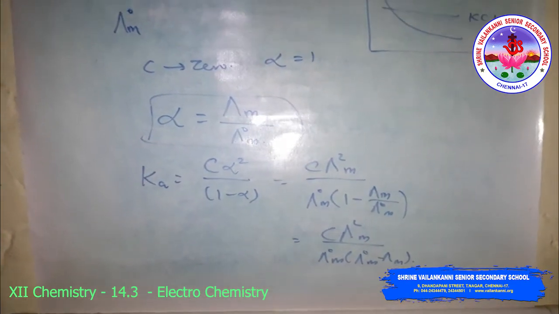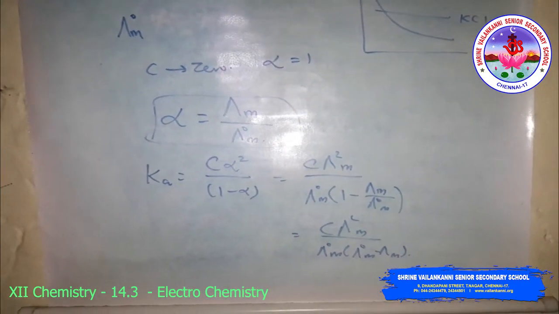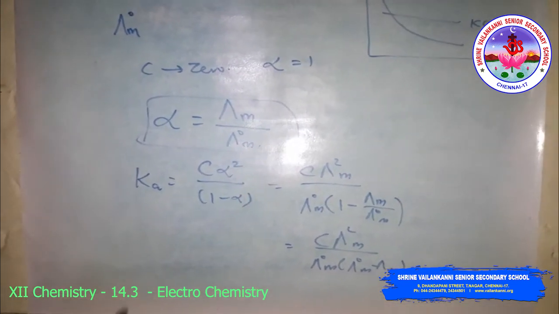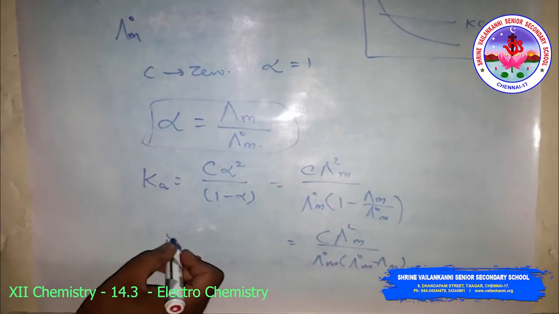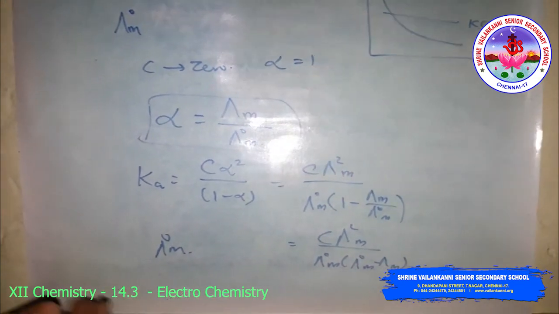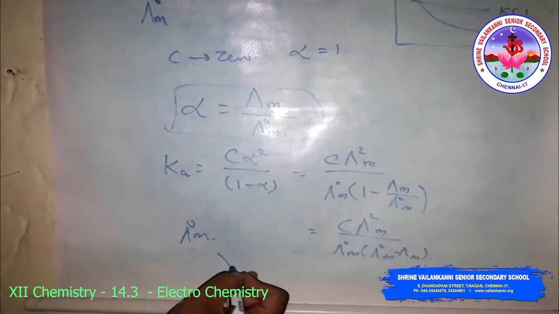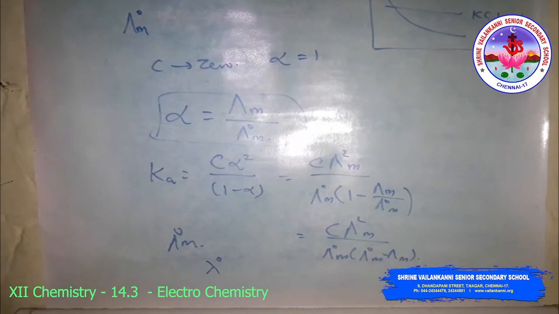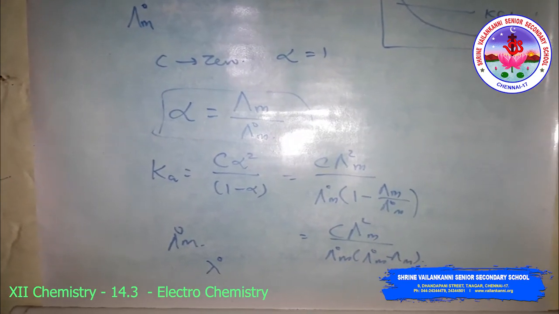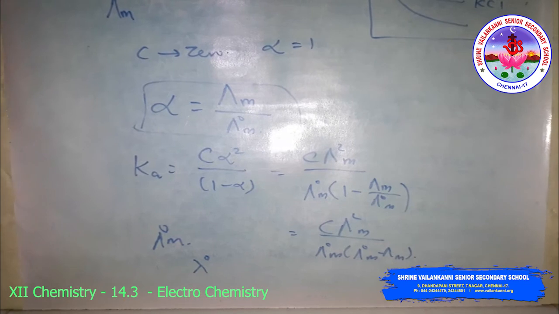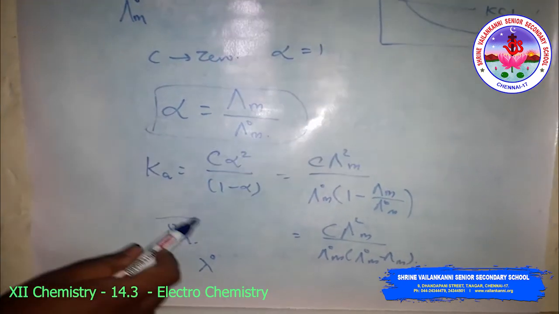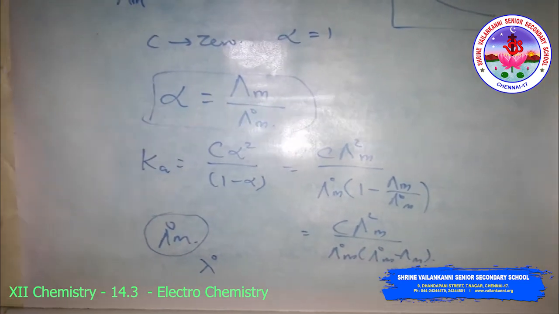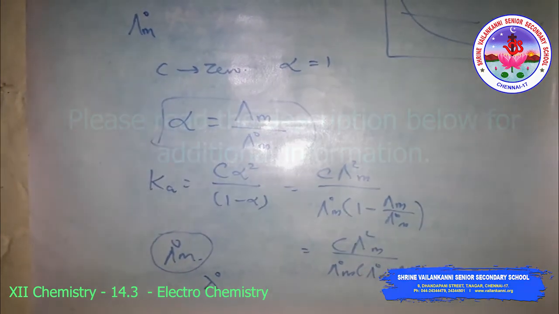Then the applications of Kohlrausch law: using the Kohlrausch law of independent migration of ions, it is possible to calculate the limiting molar conductivity of any electrolyte from the individual ions, that is small lambda naught. Moreover, for a weak electrolyte like acetic acid, it is possible to determine the value of its dissociation constant once we know the limiting molar conductivity and the molar conductivity at a given concentration C. Okay, next class we will discuss the batteries.